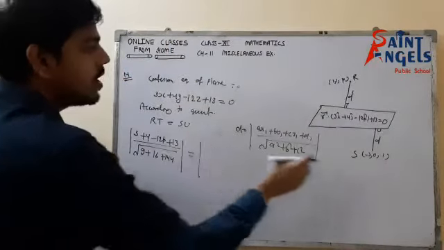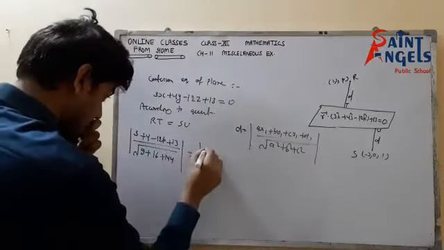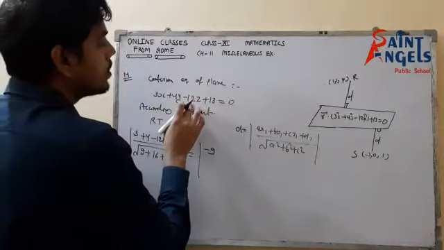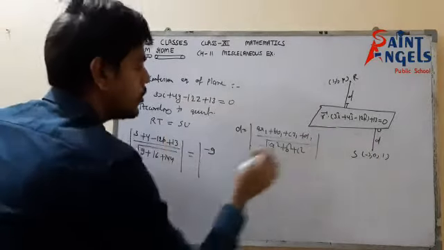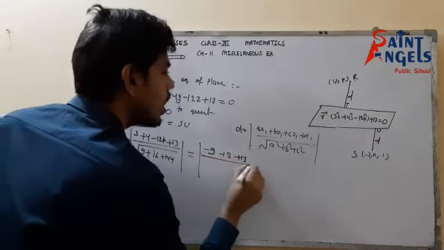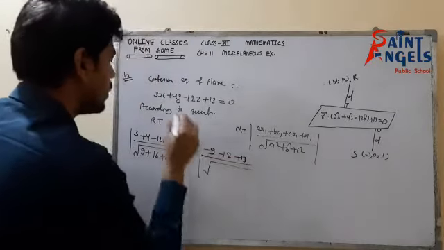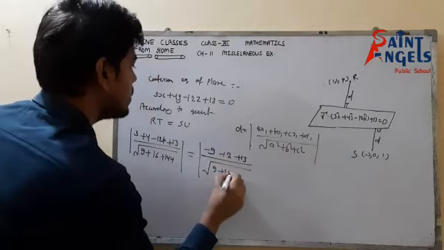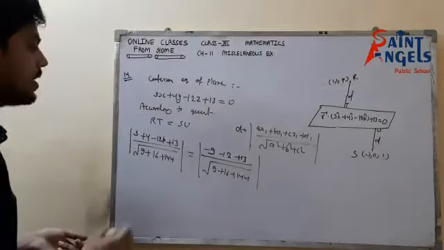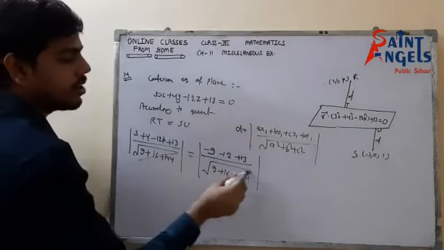So here A is 3 and X1 is minus 3, so that would be minus 9. This point is 0, so the second part would be 0. Then C Z1 minus 12 into 1 minus 12 and plus 13 upon under root of 9 plus 16 plus 144. Isn't it? As we can see, this part is the same, so that would be cancelled out, whatever amount that would be.